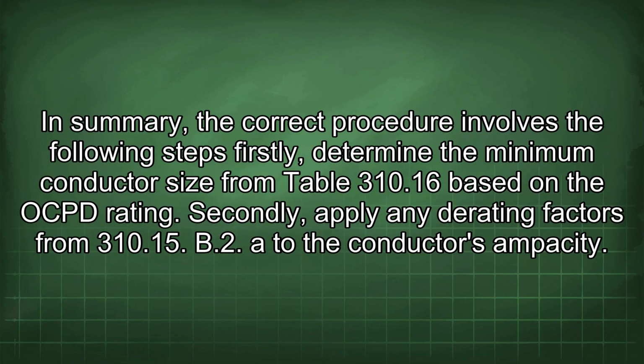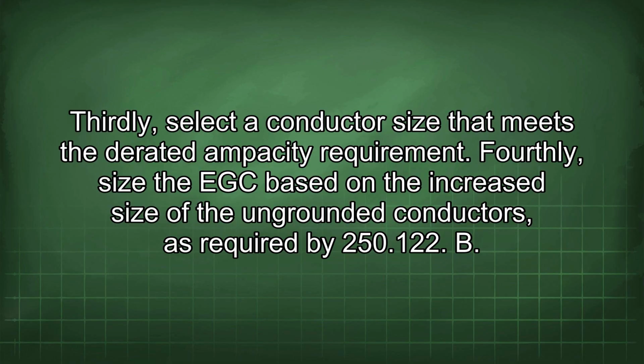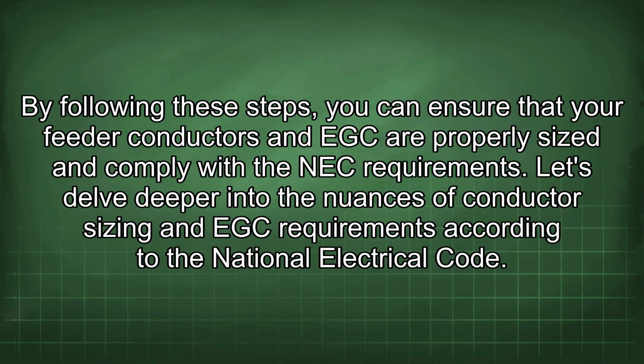In summary, the correct procedure involves the following steps. Firstly, determine the minimum conductor size from Table 310.16 based on the OPD rating. Secondly, apply any derating factors from 310.15(B)(2) to the conductor's ampacity. Thirdly, select a conductor size that meets the derated ampacity requirement. Fourthly, size the EGC based on the increased size of the ungrounded conductors as required by 250.122. By following these steps, you can ensure that your feeder conductors and EGC are properly sized and comply with